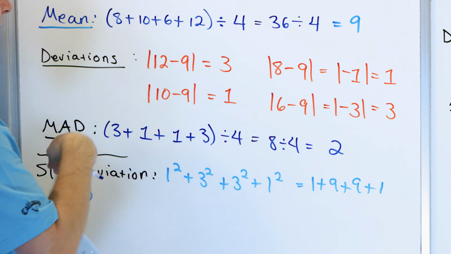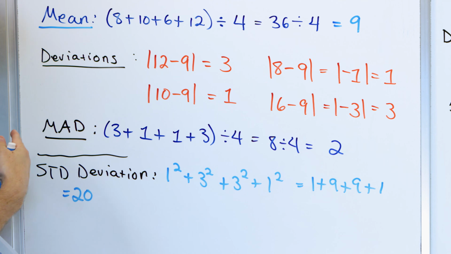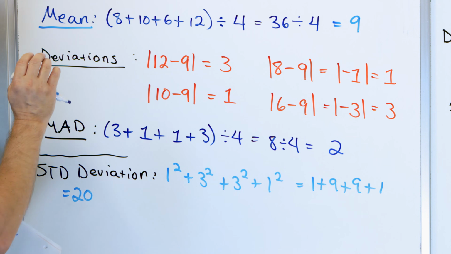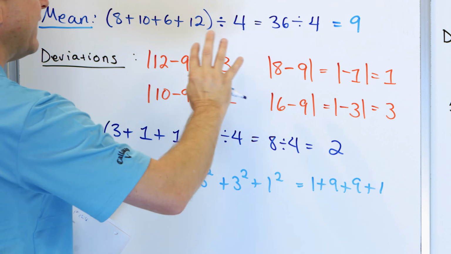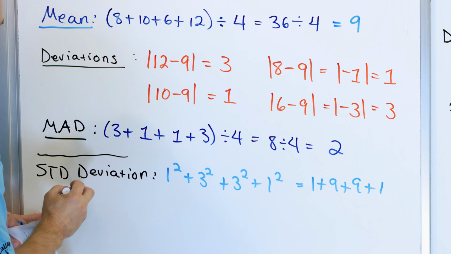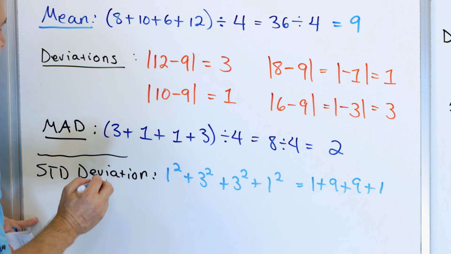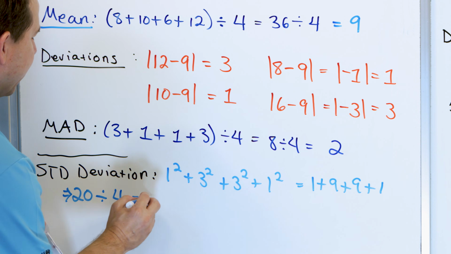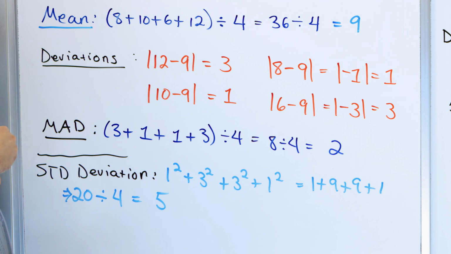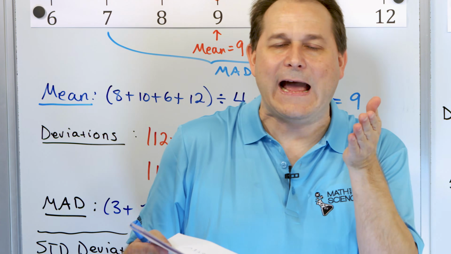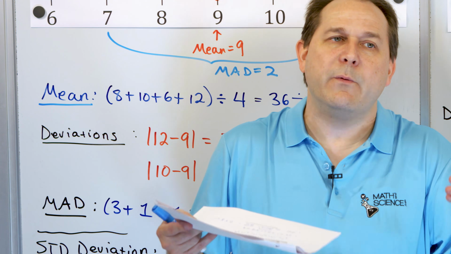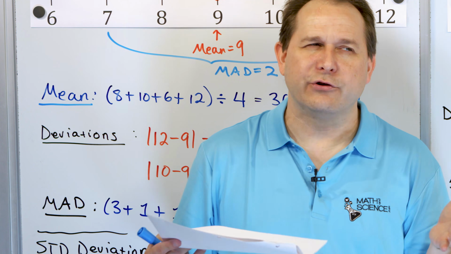Now what we did is we squared them all and we added them all up. Instead of just adding them, we square them first and then we add them, and then we're going to divide that by 1, 2, 3, 4. We're going to average them just like before. And 20 divided by 4 is 5. Now what we've done is instead of just taking the absolute value, we squared the numbers. Then we averaged them. And when we get an average value, you might think you're done, but the problem is